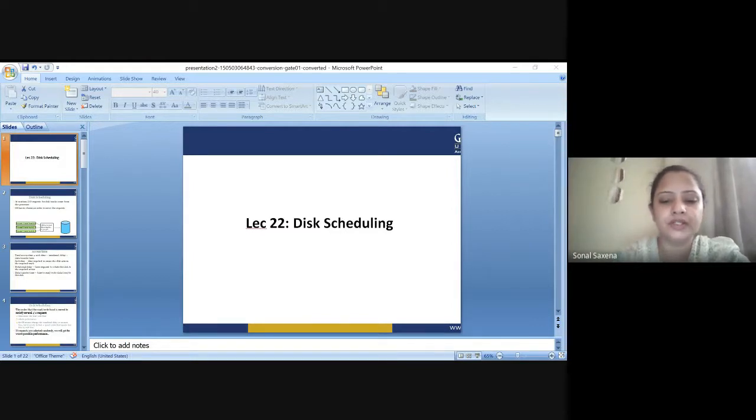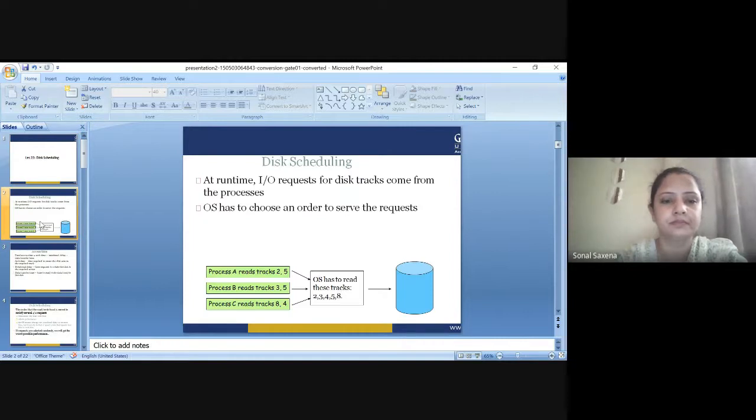So before going into the depth, let us first see some of the terminologies. The very first terminology in this scheduling is called the seek time. Seek time is the time taken to locate the disk arm at a specified track where the data is to be read or written. So the disk scheduling algorithm that gives minimum average seek time is better.